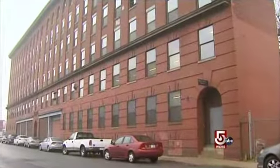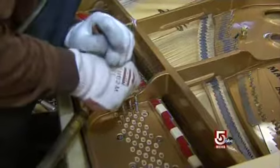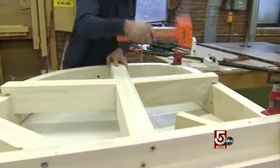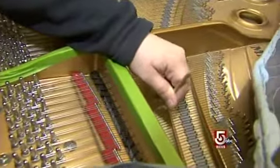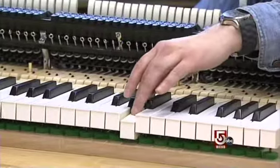In a well-worn mill that once produced women's shoes, the sounds of drills, wooden mallets, and plucking wires